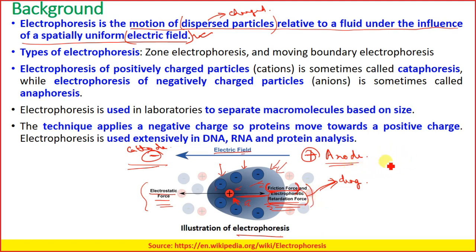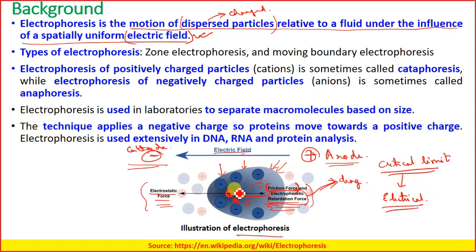So there is a critical limit which needs to be achieved. Critical limit of what? Critical limit of the electrical field. So there is a critical limit of the electrical field which needs to be applied